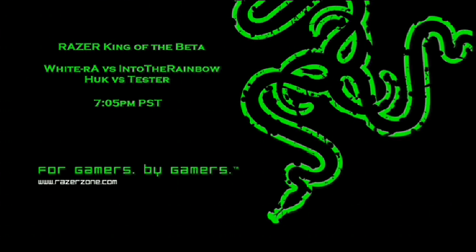Ladies and gentlemen, welcome back to day 4 of the Razor King of the Beta tournament. We already saw Into the Rainbow win 2 very fast, very aggressive games against White Ra. And now we have Tester currently up 1-0 against HuK. It's Team OGS versus the world today, as Into the Rainbow and Tester are on the same pro gaming team